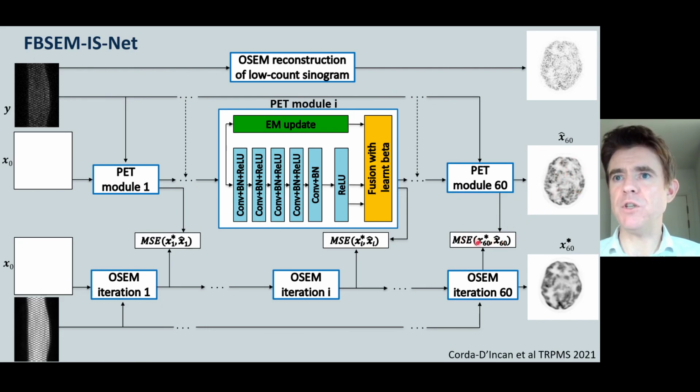Normally we'd just do the mean square error loss between this reconstruction and then a high quality conventional OSEM reconstruction, giving this result here. And normally we'd only do the loss function on those two and then back propagate to update parameters. Here though, you can see we've actually got the mean square error loss applied at every module. So here we use the high quality reference at every single update and use that to inform the learning process of the